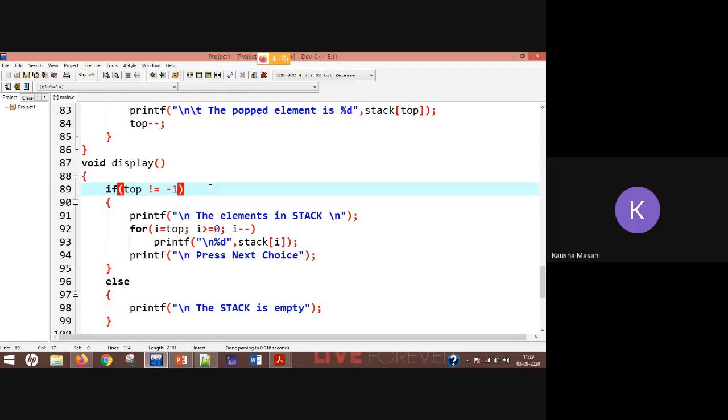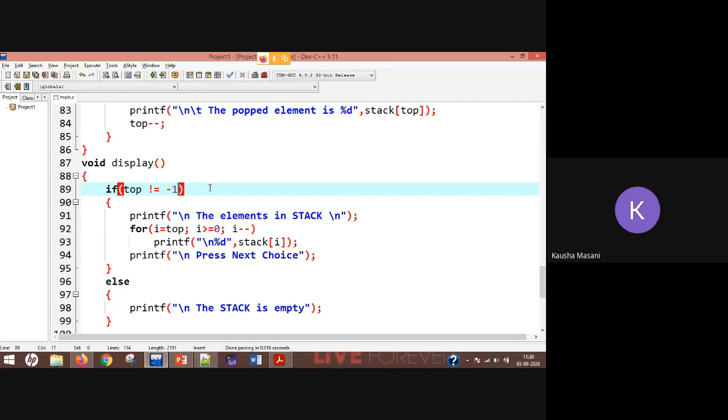Or in the inverse manner, I is equal to 0, I less than or equal to top, I plus plus. Either way, you printf all the elements present in your stack, one by one.